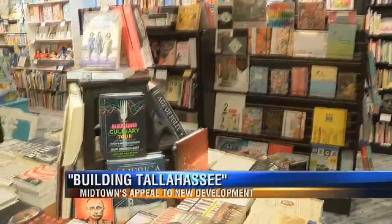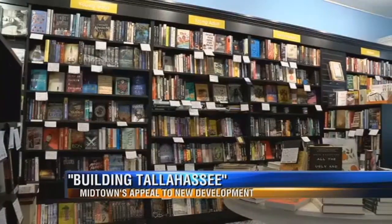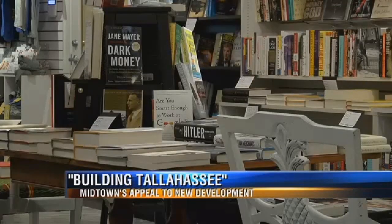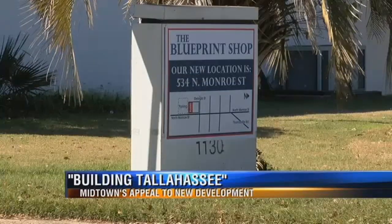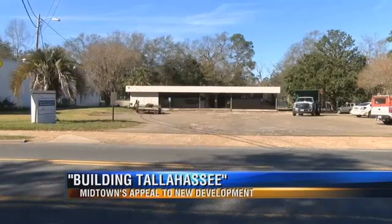Since opening, the bookstore has welcomed several authors and started different community programs. At Midtown Reader, you can read, think, and share. That's our motto, and we really hope we're providing that environment for Tallahasseans. As Midtown Reader settles into the neighborhood, there's development right across the street that will bring office and retail space to Midtown. The former site of the Blueprint Shop is now the vision of Matt McAfee, the owner of GBGH